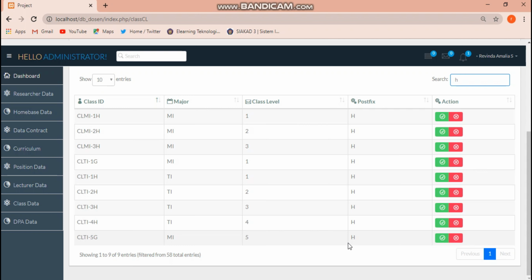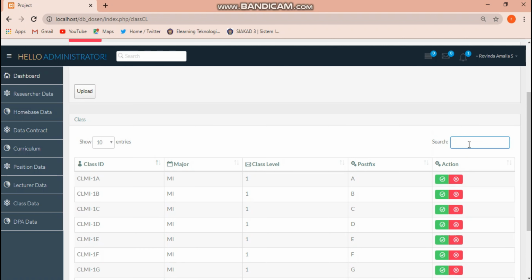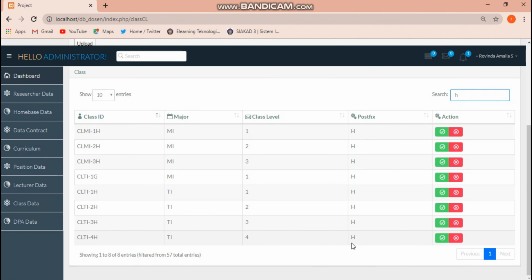And then we can delete the data, and the data will be deleted and it will also be removed in our database. Then there is no data.